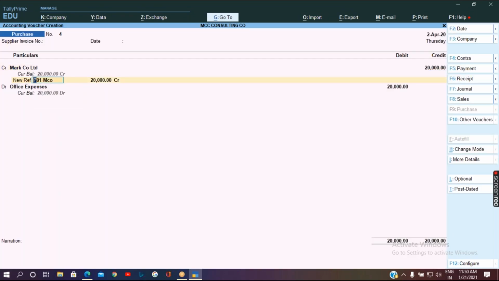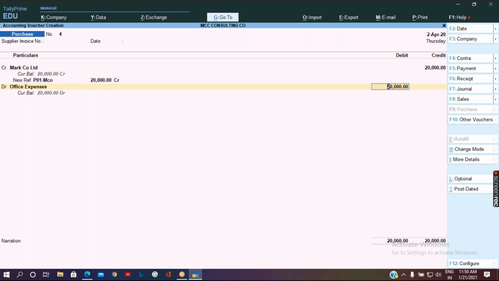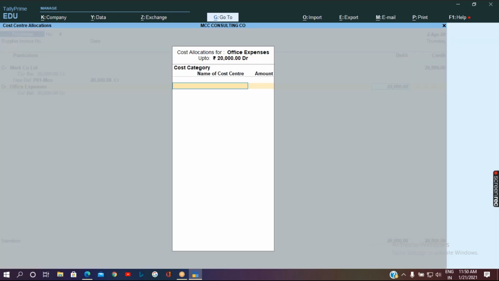After selecting the reference and the expenses ledger, you can see the cost allocation screen, which is not shown in your purchase entry in the invoice mode.